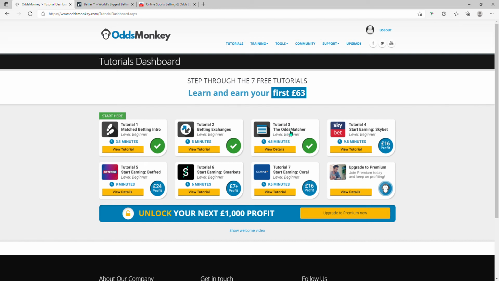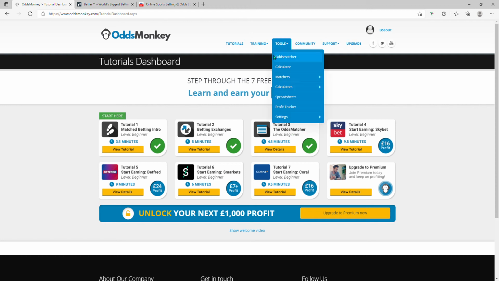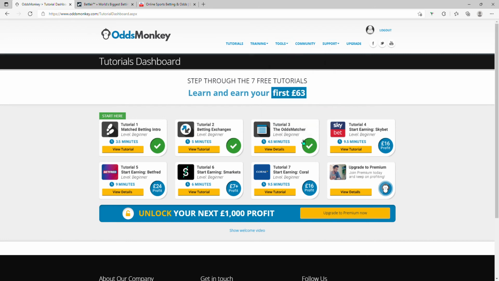The third tutorial explains the odds matcher, which is a nifty little tool within OddsMonkey itself. You see it there, which is what I'm going to show you after I've shown you the profit tracker, because I want to show you the bet that I've already placed with Sky Bet. So the fourth tutorial, which I'm partway through,